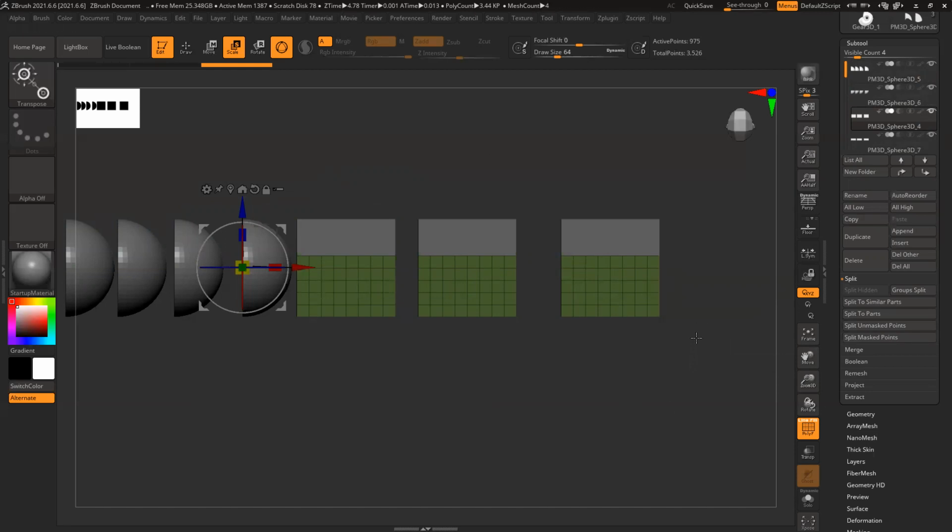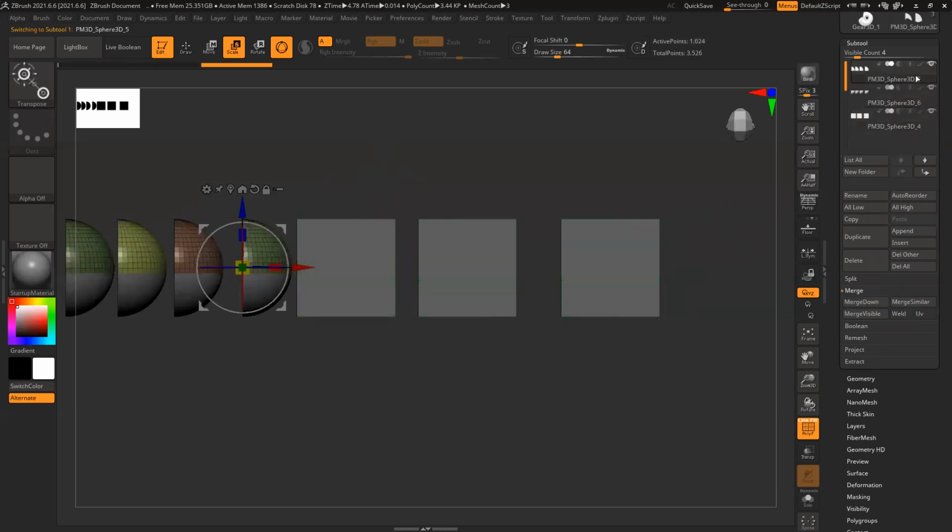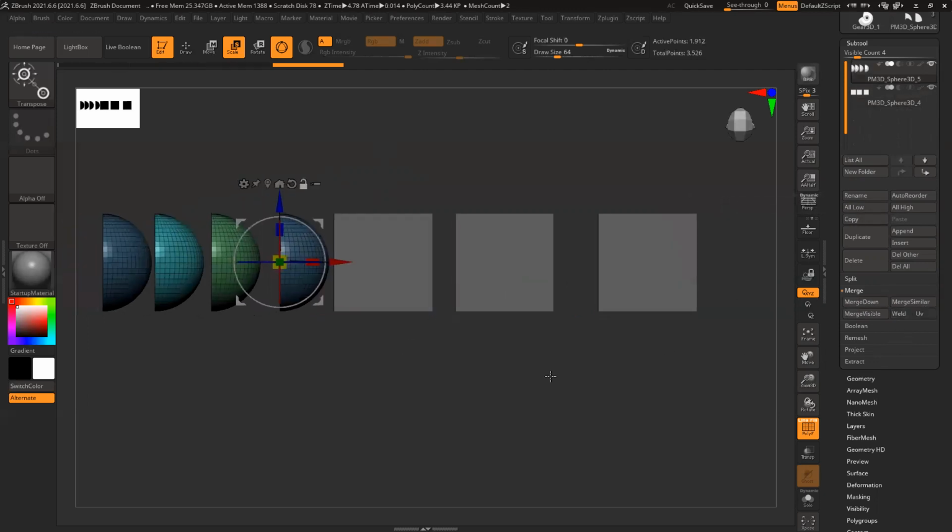That makes my life way easier. This is also pretty simple, not very complex, I believe. It's just a matter of practice. If you practice this multiple times, you will learn it very easily. Then we have merge. Merge down has an obvious literal meaning: merge this subtool downwards. Merge down, select this, merge down. Then you have merge similar options.